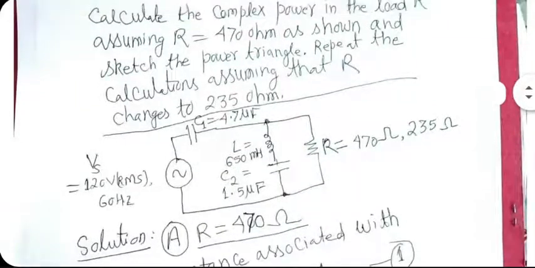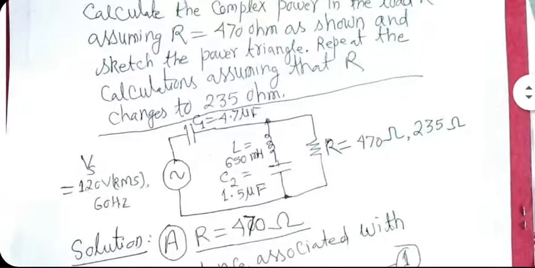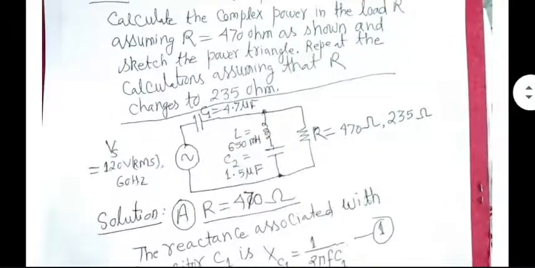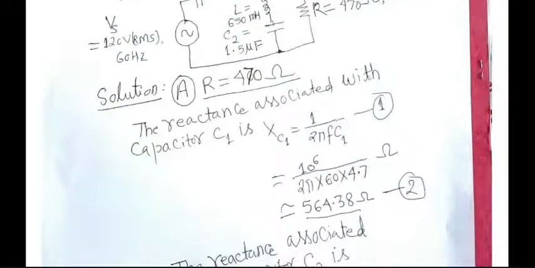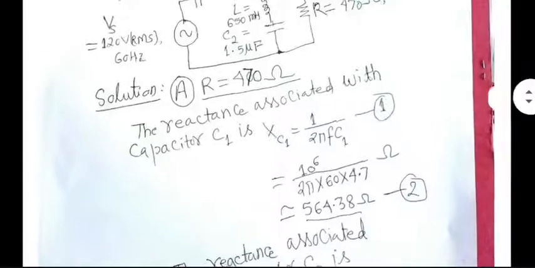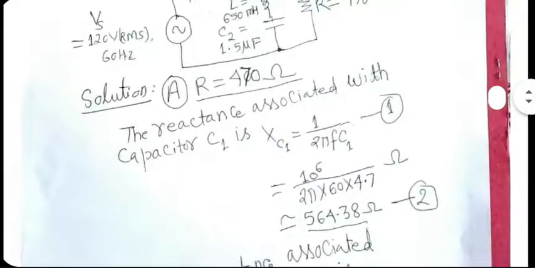Basic circuit theory would apply here, and I will simply go through the motions of showing it to you. You can do it yourself, I know. At 60 hertz, first step would be to calculate the reactances involved. What is the reactance associated with C1? What is the reactance associated with C2? What is the reactance associated with L, right? That's what I do here. And I'm hoping there is no calculation mistake. It's always possible. So when you get the document, double check my calculations.